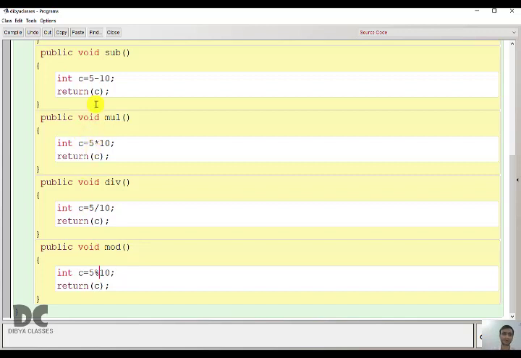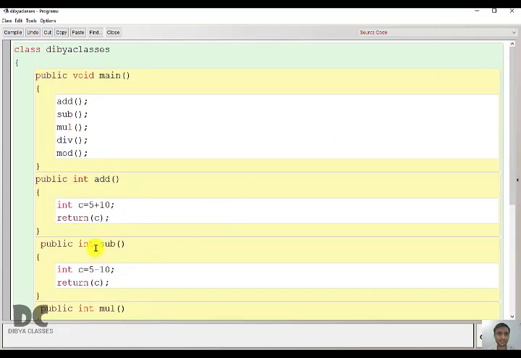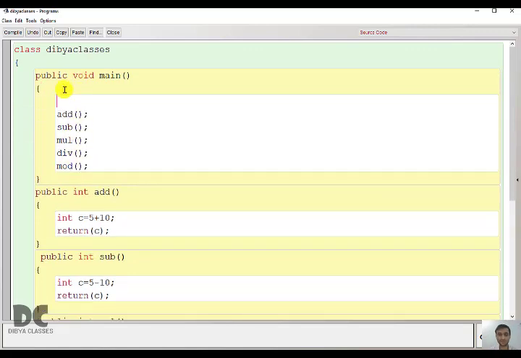But here it will be int, since you are returning, it will be int, int and int. Okay, fine. Since you are returning, you have to store it somewhere. So you have to write a variable because you're storing the value. So you have to write some variable here, or else where will you store the values?